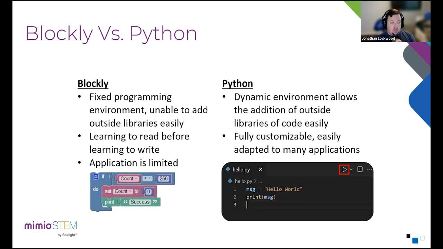And maybe you've not used Blockly before, maybe you've used Scratch programming before. You'll find that Blockly and Scratch are very, very similar to each other. It's really just how they look that maybe differs between the two, but the way you use them is very much the same. One of the downsides to Blockly, as you get more experience with programming, is the application of